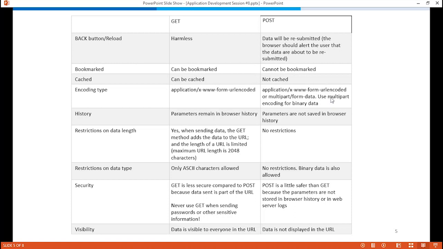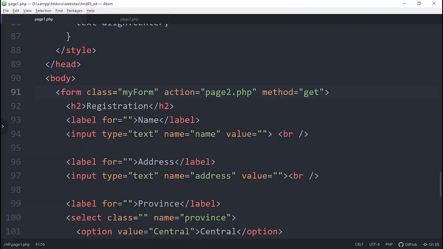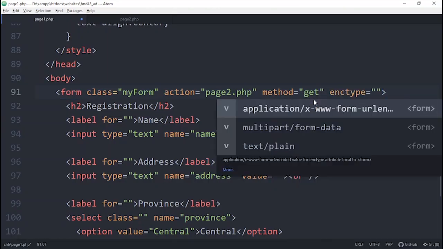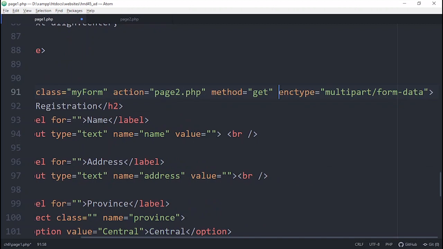Use multipart encoding for binary data. That is why, because if you want to send files and all, it is sent as binary data, so it can be made use of. So post is the one you should use. If you don't use that one, it won't be useful. Here, when you are mentioning, you will write like this: enctype, right? Encoding type, you can see there are two types. You can see multipart form data, or this is the default one. I'm going to choose this one. Now from this form, we can even upload files. Not only data, but also files can be uploaded.